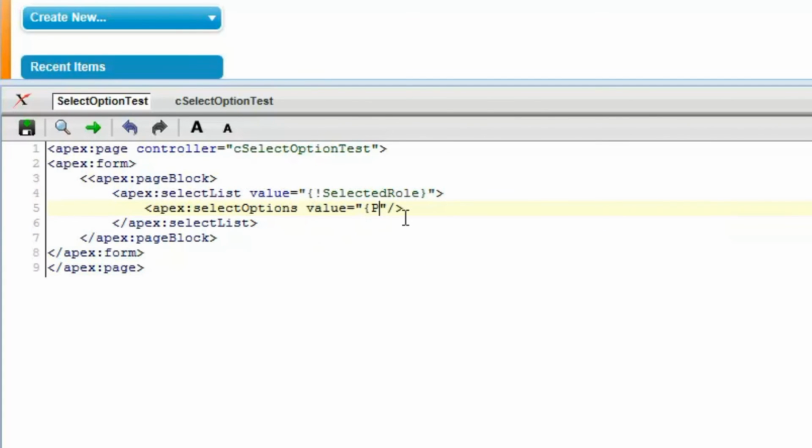Now the value for this particular select option is role lst, which will hold all the organization role records or values, and the selected role will hold the selected role from the pick list in the Visualforce page